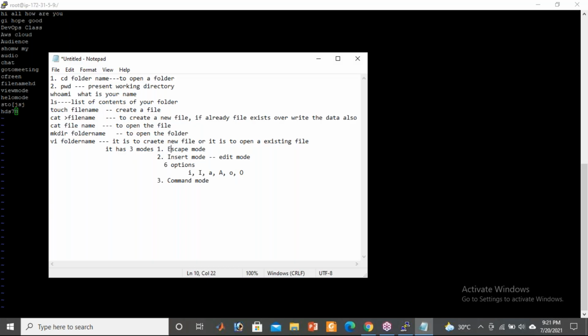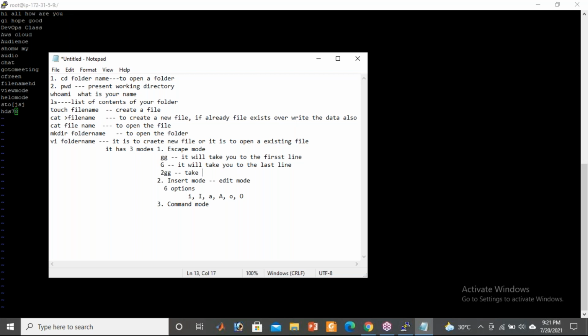There are so many escape mode options, guys. First, small gg will take you to the first line. Capital G will take you to the last line. 2gg will take you to the second line, 3gg the third line, 5gg the fifth line, 1000gg the 1000th line.